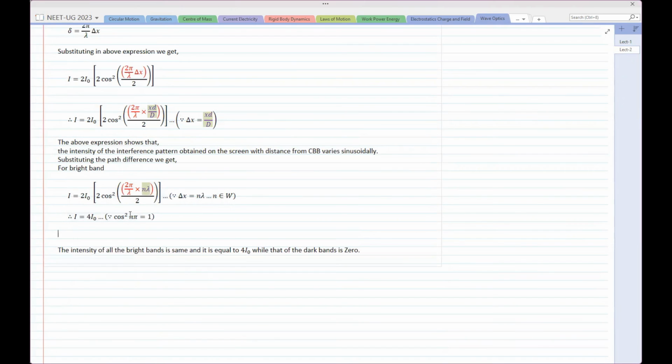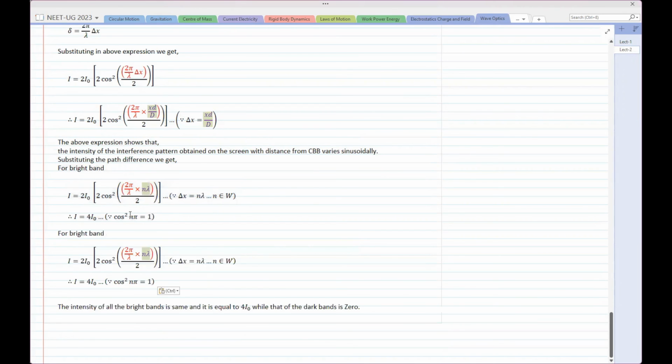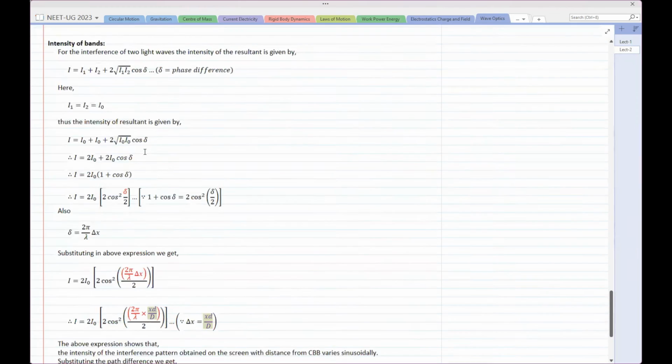And for dark band, for bright band जैसे लिखा वैसे dark band का भी condition लिखो. What is the condition for dark band? For dark band, for dark band what is the condition? ये n lambda नहीं होता है ना dark band के लिए, वो क्या होता है